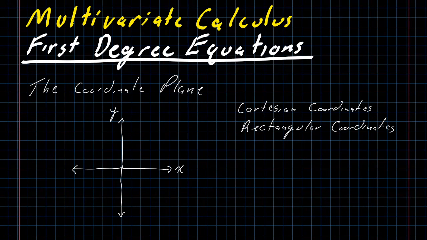There are actually a couple of different ways that you can assign coordinates on the coordinate plane. The one that you're most likely the most familiar with is called the rectangular coordinate system, or sometimes the Cartesian coordinate system, named after the French philosopher René Descartes of "I think, therefore I am" fame. But the coordinate plane has a horizontal axis, which we normally label as the x-axis, and a vertical axis we normally label as the y-axis,